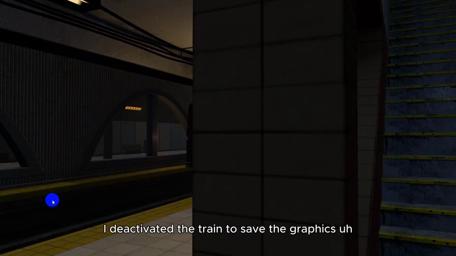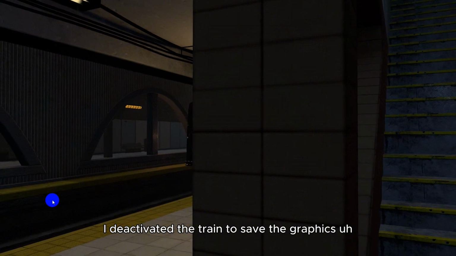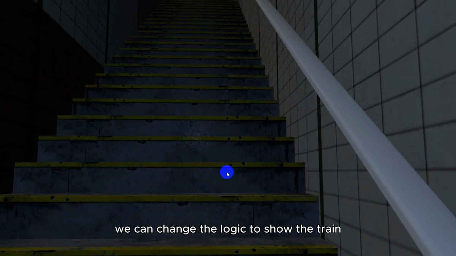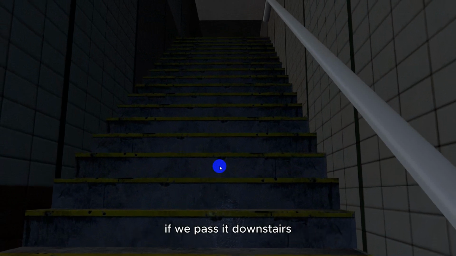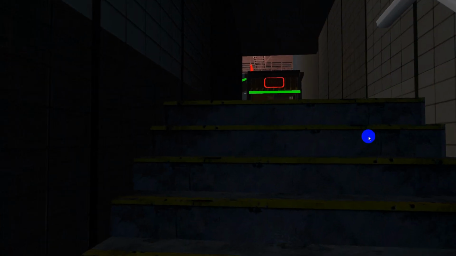So I deactivated the train to save the graphics performance. We can change the logic to show the train if we pass it downstairs. If we pass it again down,